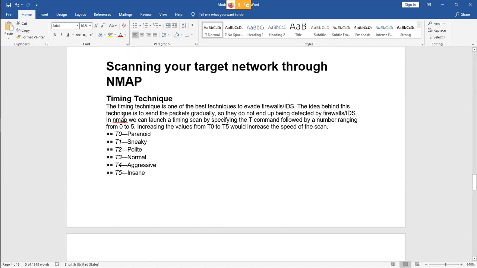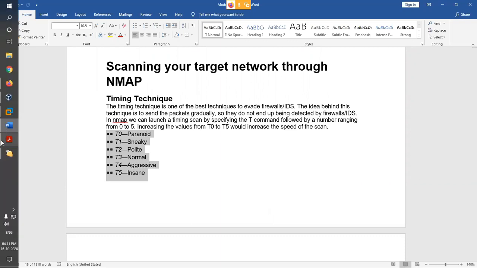The idea behind this technique is to send the packets gradually so that they are not detected by the firewalls. So they are from T0 to T5, and they are paranoid, sneaky, polite, normal, aggressive and insane. Each and every timing template has a different kind of scanning behavior that can help us for different things. For example,